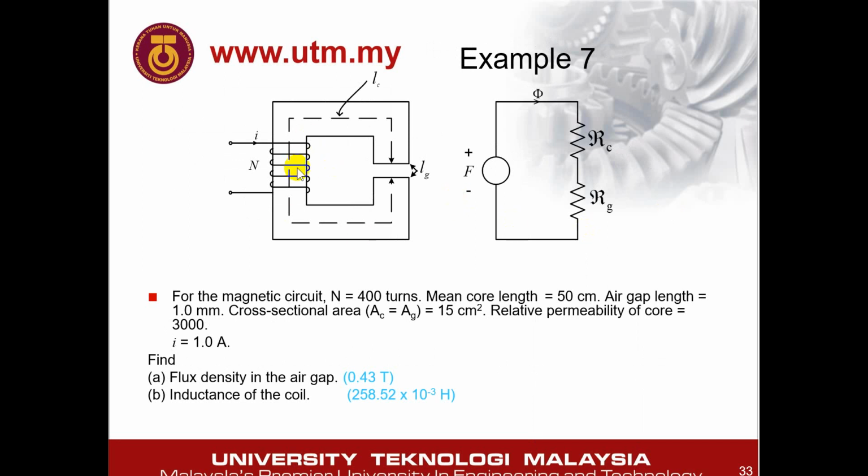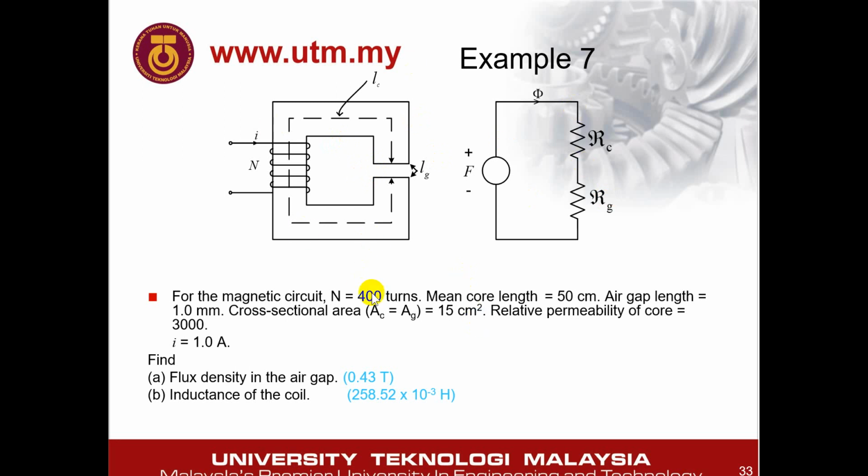So here is an example. As you can see here, this is the circuit and there is a gap. So you can see that this is one reluctance, which is the core reluctance, and this is the gap reluctance. So you will have RC and RG, which are the core reluctance and the gap reluctance. This one is the magnetomotive force, and because this is just a series circuit, there is only one circuit. In your syllabus it's more focused on series circuits, so you don't have to worry about parallel or series-parallel circuits.